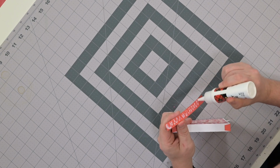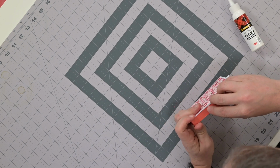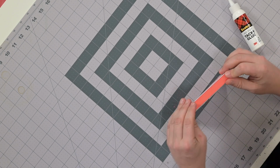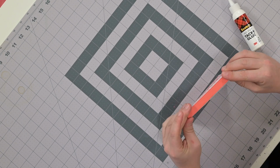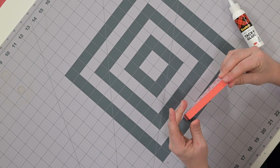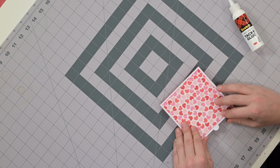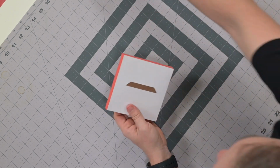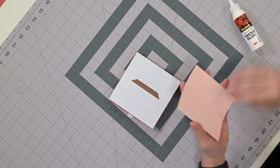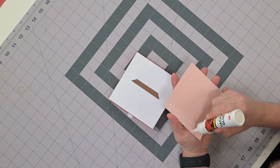There's a pink piece that's going to cover up the tab on the back, and that is a great place to do your stamping, write your message, whatever you want to do. You can have your machine write it for you if your penmanship is as amazing as mine. Totally up to you. Okay, there we go. So that matches up nicely, and like I said here, you've got this panel. It's going to go on the back. I'm just going to glue that into place, and that just leaves our little band to keep everything nice and closed,